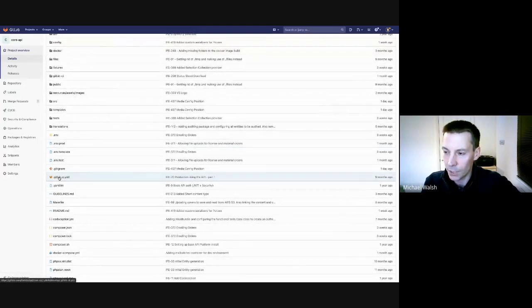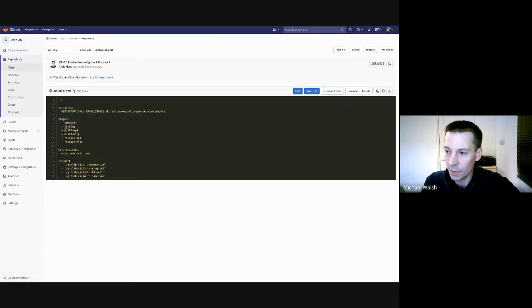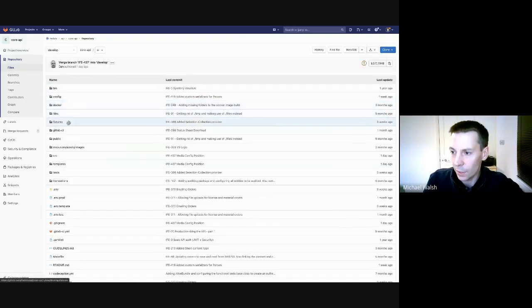.gitlab-ci.yaml. That's your main file that it's going to look for, and it's really basic stuff. In this case, we've split the jobs out into includes. It's a bit more involved. So all this is doing is saying, this is the repository URL we're using for our Docker images. These are the various stages which you've just seen, in a line, and this will run before each script that runs. So it's going to copy in the test env,